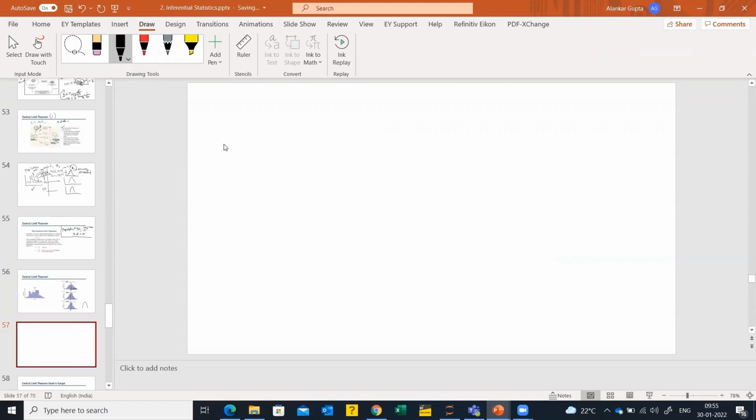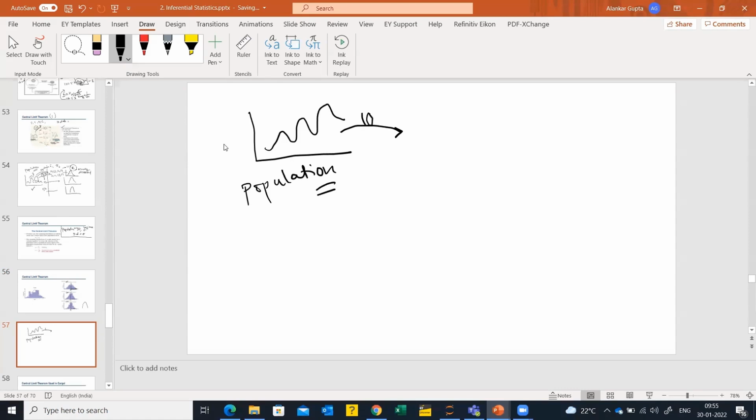Okay. So what I'm trying to say is, say for example, I have a population whose distribution looks like this. Now, when I say I am taking out 10 numbers, what I'm taking out is, say, 1, 2, 5, 6, 9, 8, 2, 3, 9, 8. So this is one time you are drawing 10 numbers at a time. You calculated the mean. Say for example, the mean was 6.5.